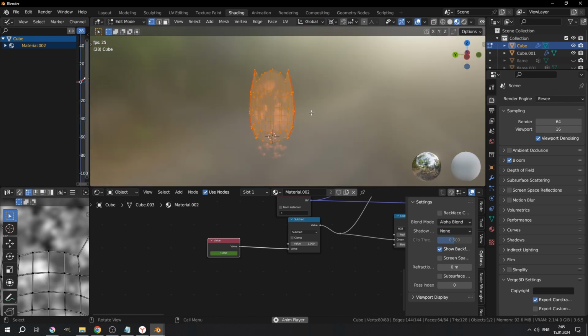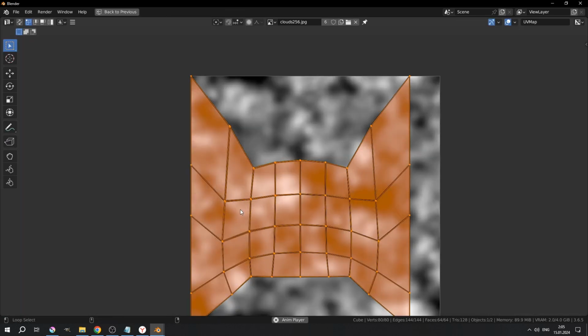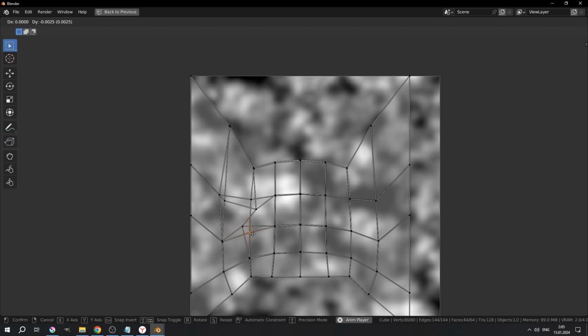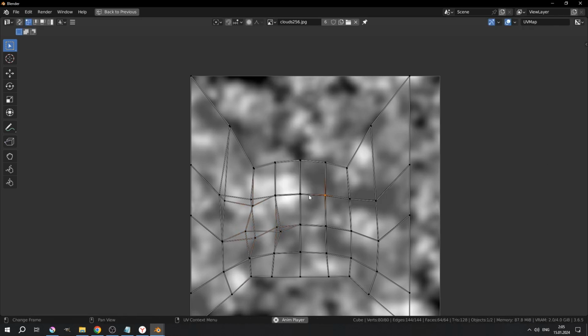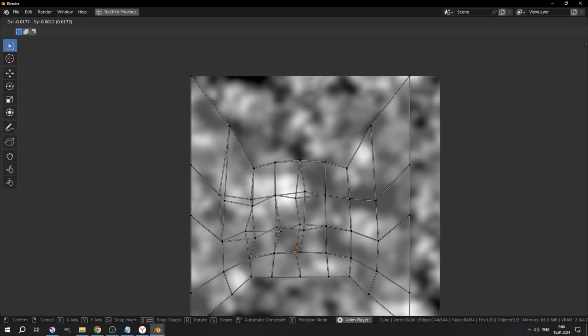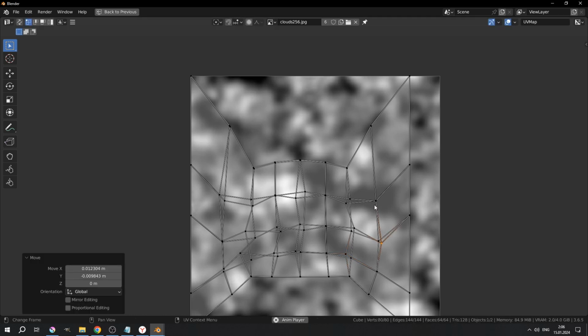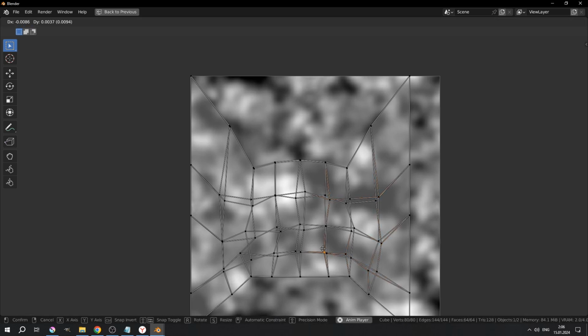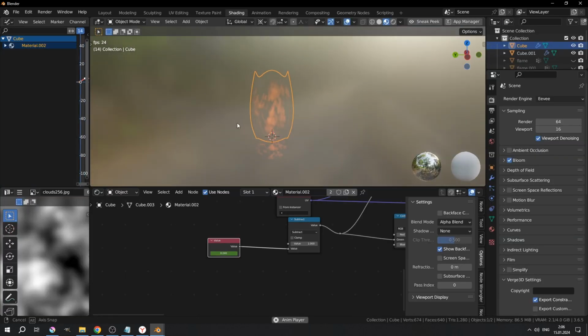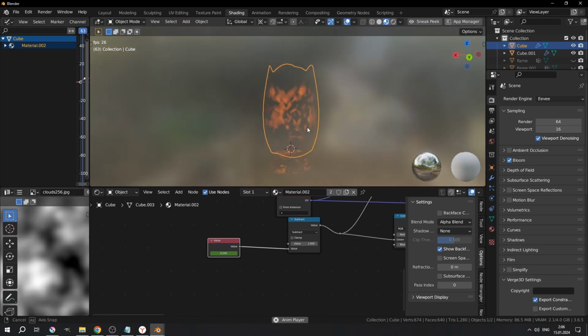I also like to add some chaos into the flame flow. For that we need to go to UV map and just, well, create some chaos. We just need to move these vertices a little bit, and this randomness will make our flame even more interesting. And here we go. Overall the effect looks nice,